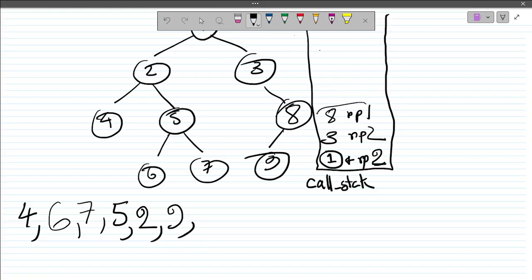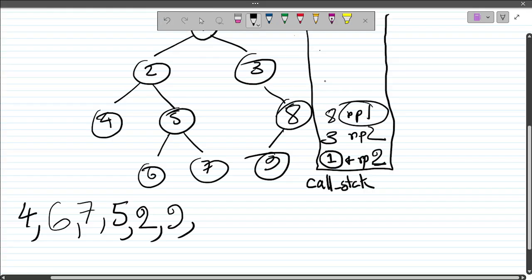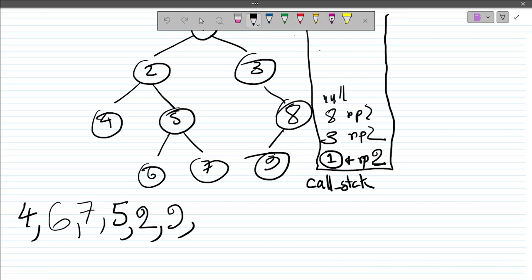We are back at 8 at return pointer 1, so we know that we have already called the left subtree. Let's call the right subtree of 8, again null, and update the return pointer to return pointer 2. The null simply pops off the stack because that's a base case. We return doing nothing. We have returned to 8 with return pointer 2, print the 8, and pop it off